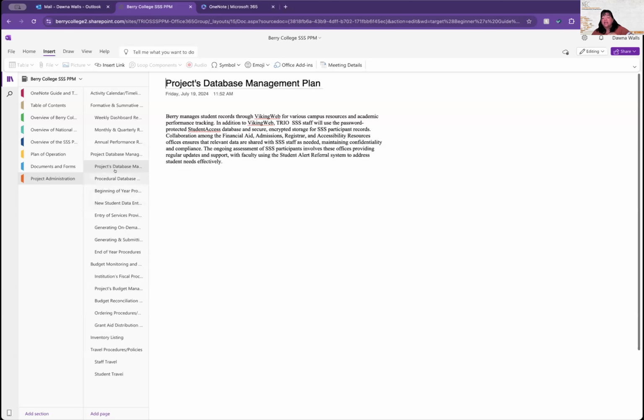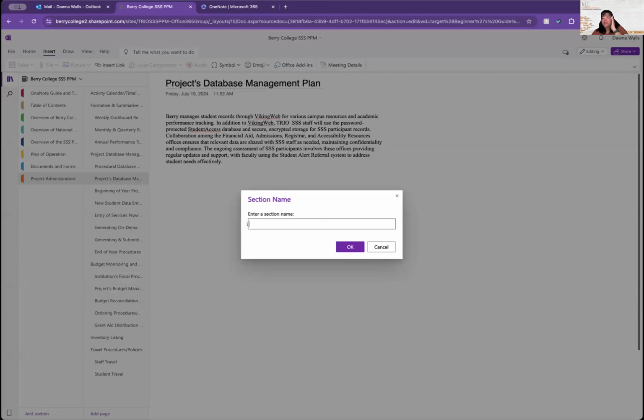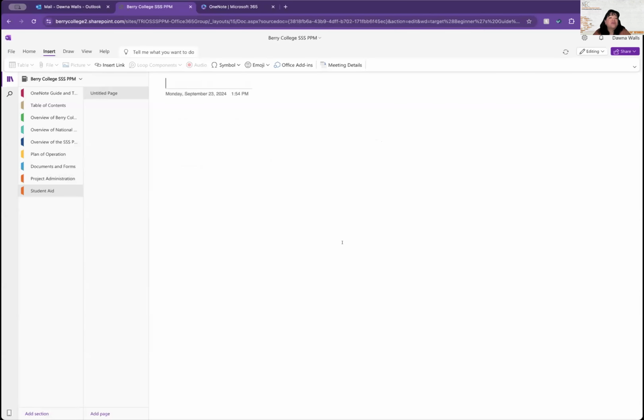So again, if you wanted to add another section, like let's say I want one just on student aid, then you could add it right there. And that could be its own section if it's such a big deal. Like with Upward Bound, your academic component and your summer component should probably be their own section there. And then you can create pages, subpages, and each one would be its own little category.